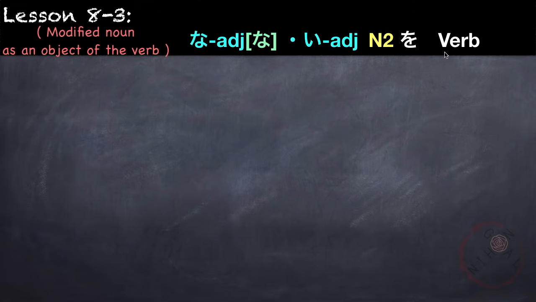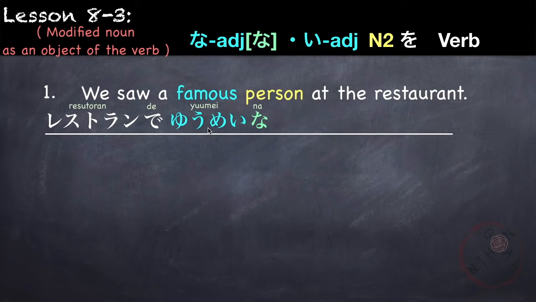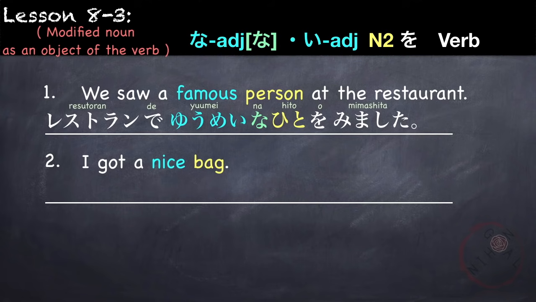Adjective N2 o verb. For example, we saw a famous person at the restaurant. So let's begin with at the restaurant, or where the action happened. レストランで famous person is 有名な. So famous is a na-adjective, so we attach na. And then the noun it is modifying, hito or person. 有名な人. And then the action. を見ました。レストランで有名な人を見ました。